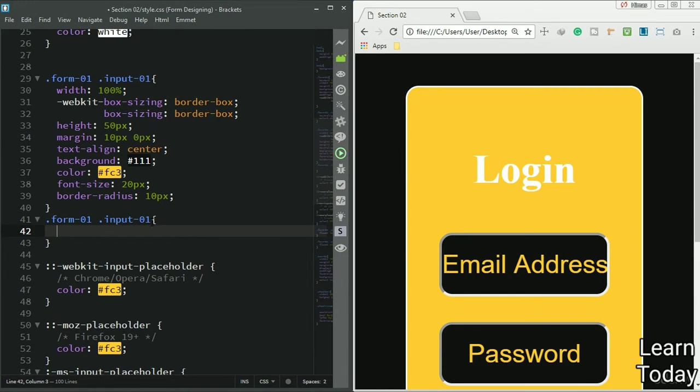There's a pseudo class called focus. So when you focus into that field, the style will get applied. So let me set that pseudo class, and when focus, outline should be none. Okay, now when I focus, you can see there's no outline,